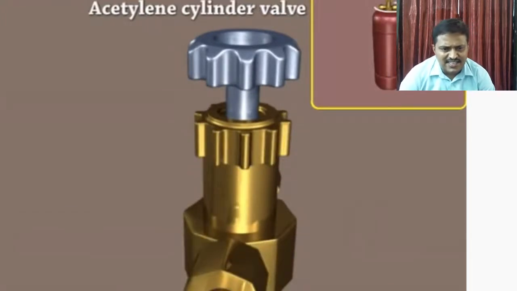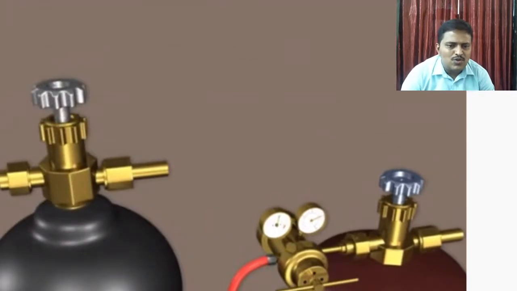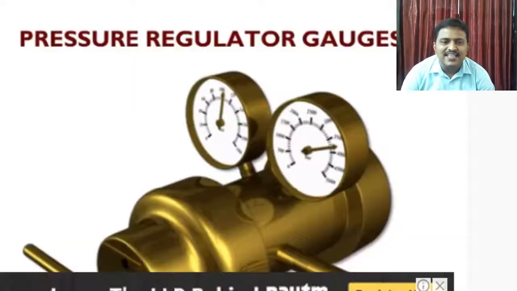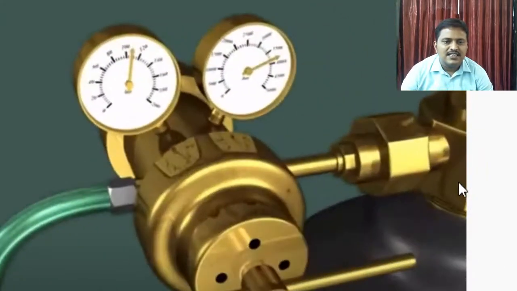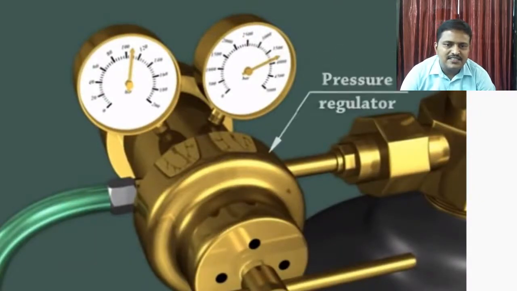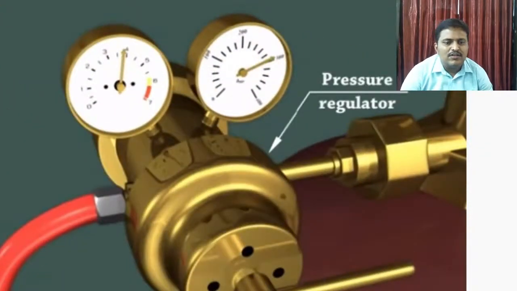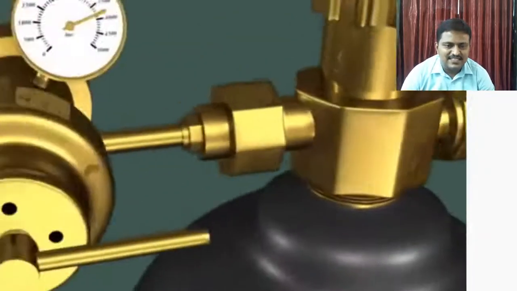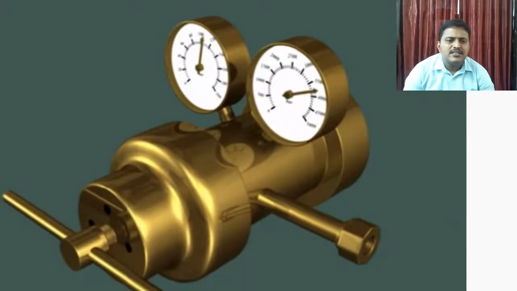Here you can see the acetylene cylinder, basically the cylinder with the different attachments. The cylinder valves are used to lock the compressed gas in a cylinder. So this is all about the processes concerned. From the pressure gauge, we can adjust the pressures of the different gases, so they will regulate the flow of gas. One pressure gauge shows the pressure inside the cylinder, the other shows the working pressure of fuel gas and oxygen.